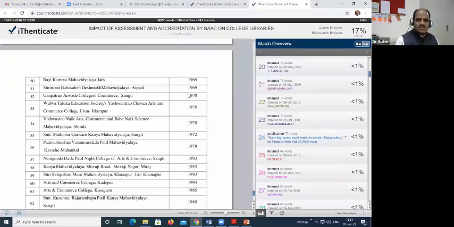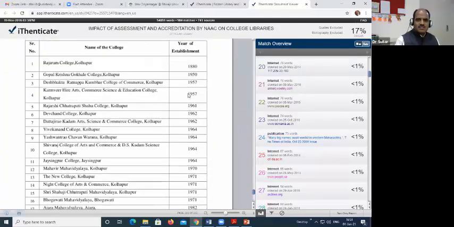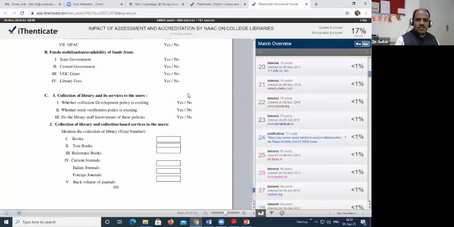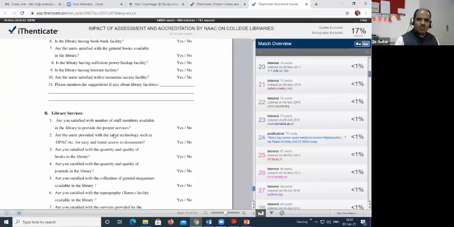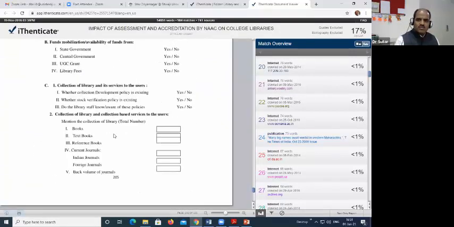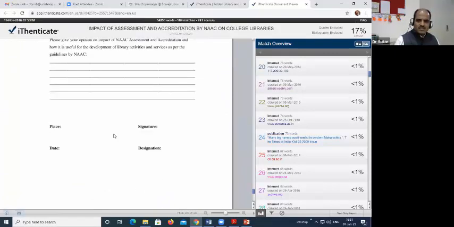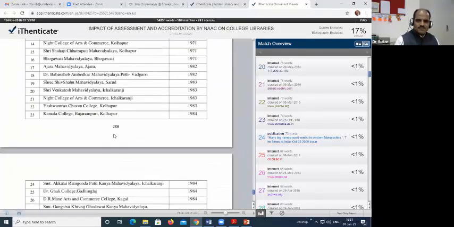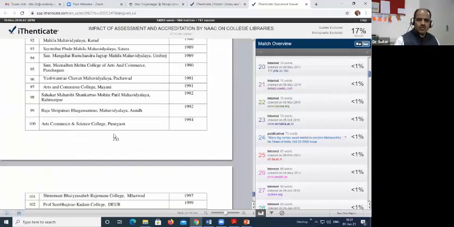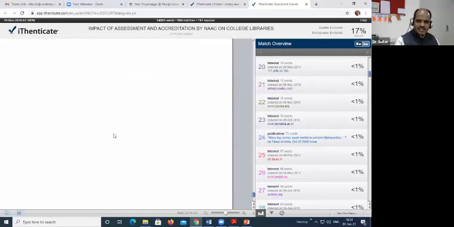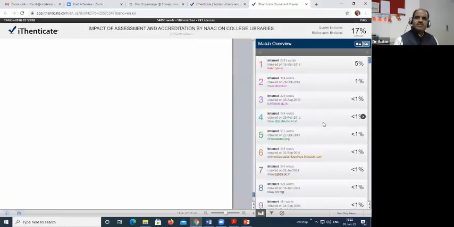In the last, the questionnaire and other things have been given. But when you download, in that download, you will come to know about what is given in which color. As far as soft copy is concerned, you can see it also on the print matter. So only that matter which has been highlighted in different colors is the part and parcel of your similarity, and only on that text you have to make the processing so that you can reduce the plagiarism.